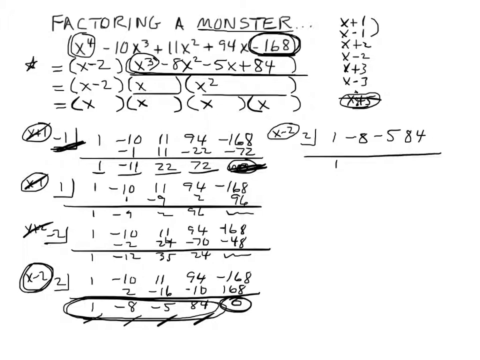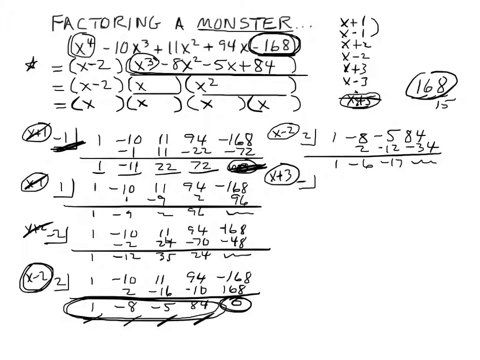And bring down the 1. 2 gives me minus 6. Minus 12 gives me minus 17. Minus 34 does not give me a 0. So there's only one x minus 2. So I move on to the 3's. Does 3 go into 168? Yes, because 8 and 6 is 14 and 1 is 15. So if you add up the 3 digits, you get a number divisible by 3, so it is divisible by 3. So I'll do x plus 3,